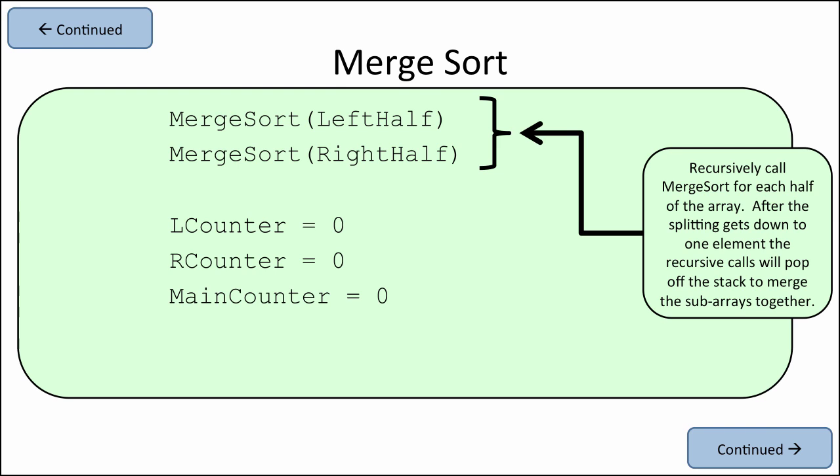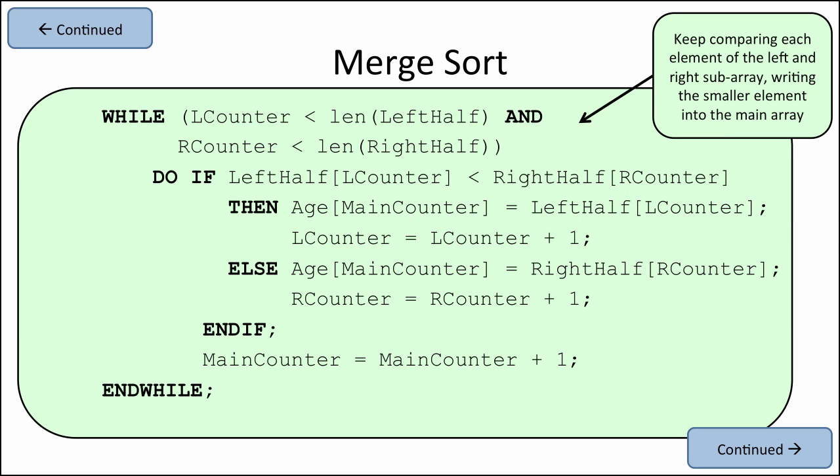Each time we call merge sort though, the current version of that is pushed onto a stack. Then when we call that merge sort again, it's pushed onto another stack, and then we pop those elements back off this stack to complete each of the merge sort algorithm. So we're dividing the array in half and recursively calling for each half, and we split down until we get a single array. Then we create a few variables, a counter for the left, a counter for the right, and the main array. And then what we say is,